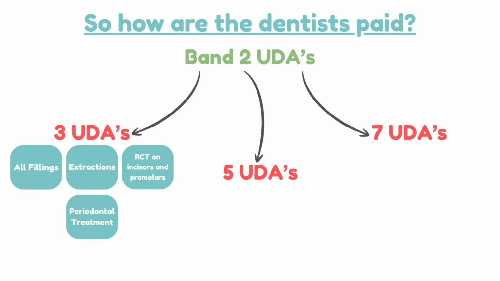Now for 5 UDAs, so a bit more money, that will include root canal treatment on molars. It's only because molars have more roots, so it normally takes longer and it's more difficult. So it kind of reimburses them for their time and effort. Now 7 UDAs is for root canal treatment, but for multiple teeth, okay? So it might be where a patient needs root canal treatment on 2 incisors, and that will be worth 7